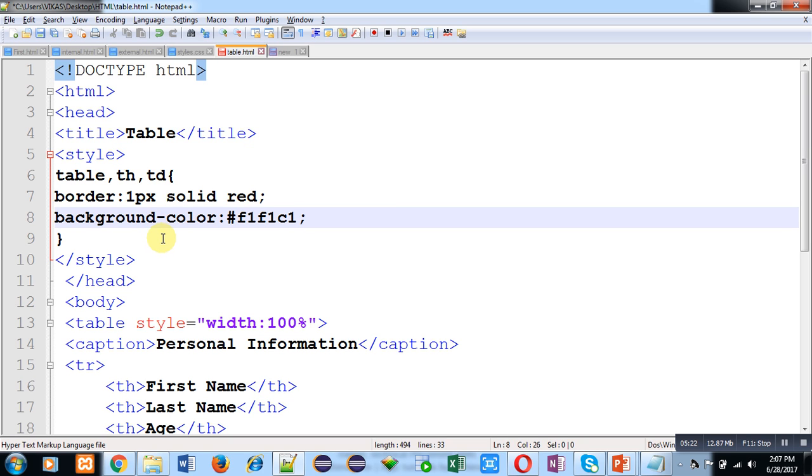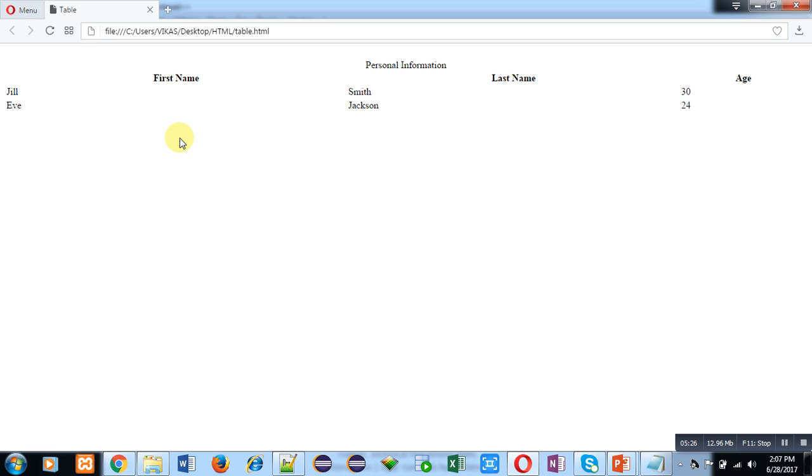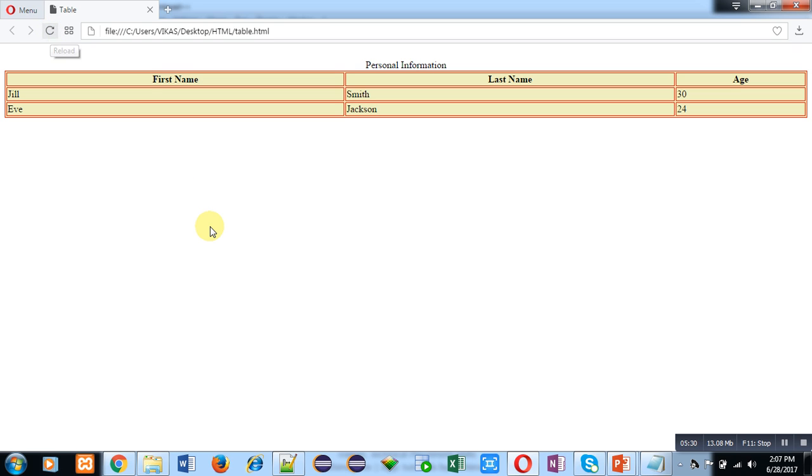I am moving to web browser and clicking on reload. So you can see that now borders are available in the table. So you can easily visualize table headings, first name, last name and age. So by default, alignment of table heading is center, and default alignment for table data is left.